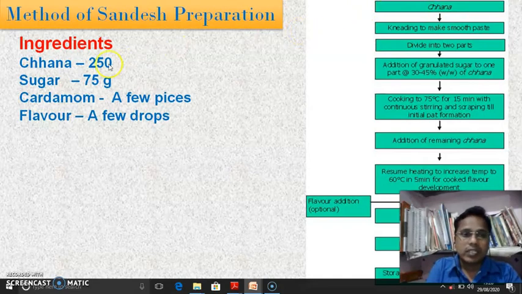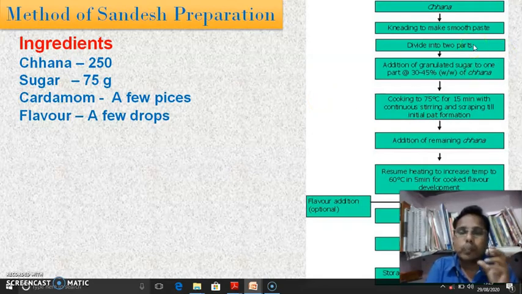Just we have to break the taken channa into bits. Then it should be kneaded properly to a smooth paste, and then we may divide it into two parts, or it depends on us whether we divide it or not, or we may take the whole channa for the next step. And when we take this smooth paste channa for the further steps, we have to add the sugar. Preferably ground sugar is generally used, so we have to add the ground sugar into this smooth paste channa. Then it is heated in a karai for 15 minutes,